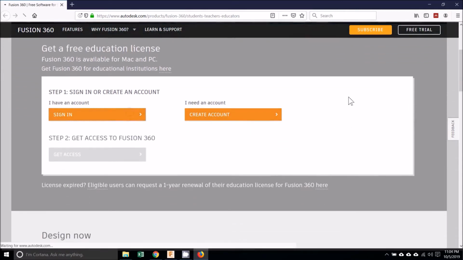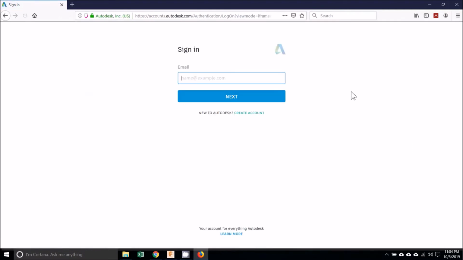Click Sign in. Sign in to an Autodesk account.